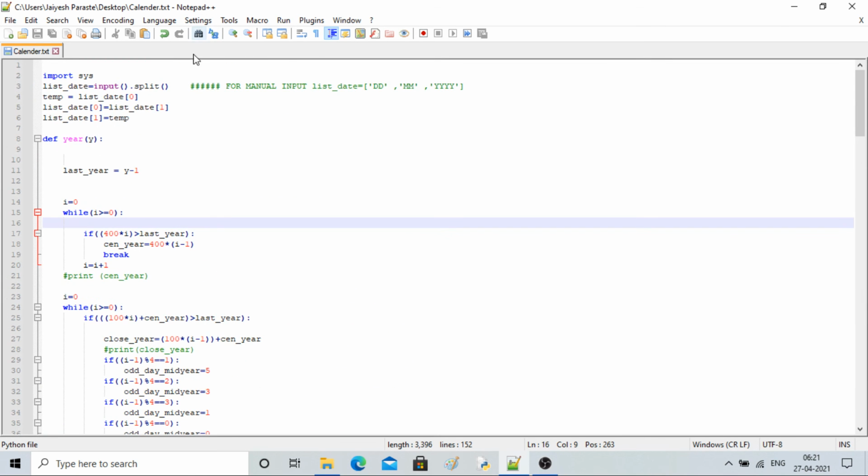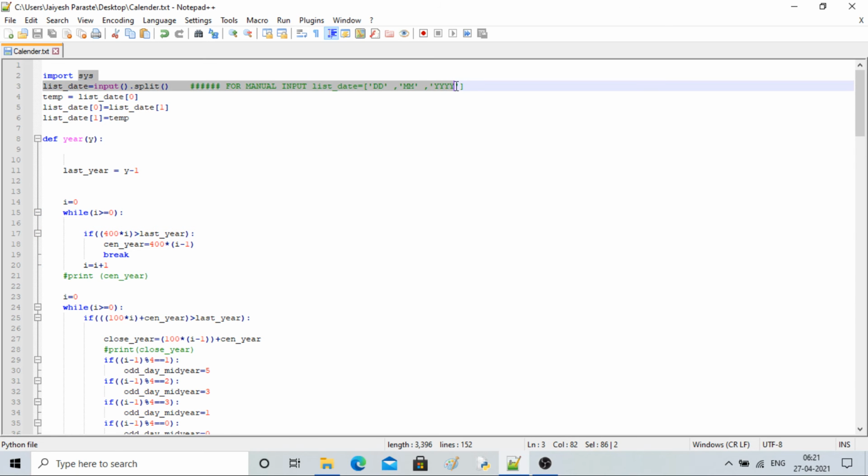Okay, so everything is the same. Here I have written a comment. If you want to give manual input, instead of this line you have to write this line. That's all you have to do. Rest everything is the same. It will take care of everything.